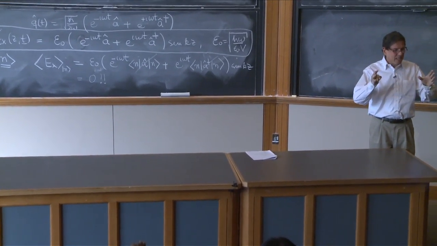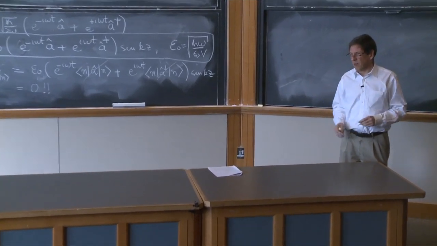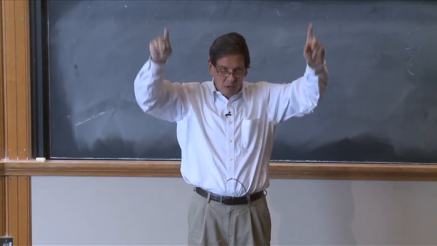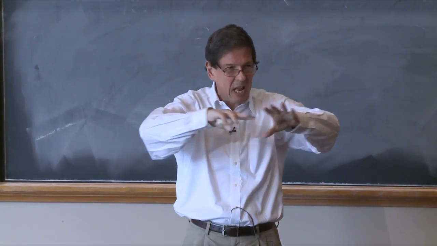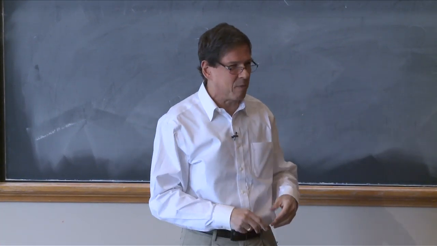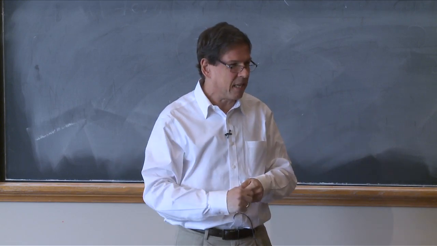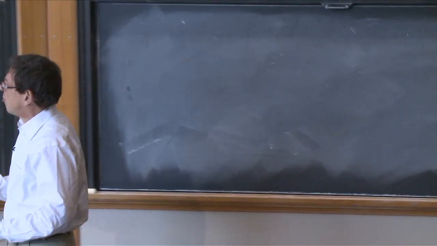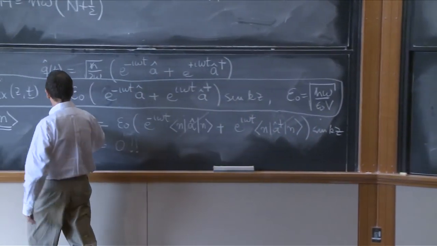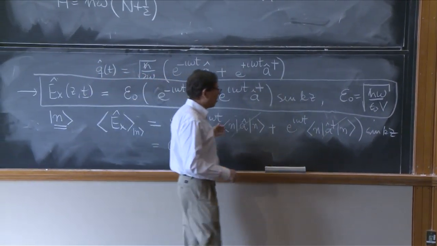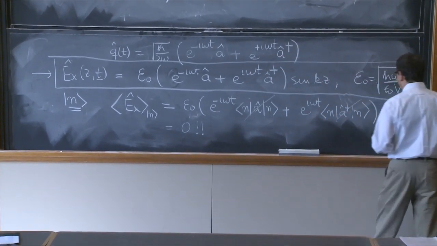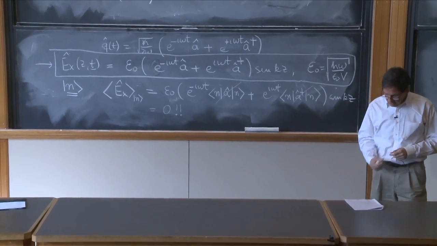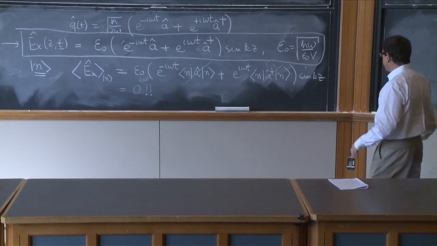Energy eigenstates are very unintuitive. The energy eigenstate of a harmonic oscillator, the nth state, is some sort of wave that is like that. Nothing changes in time in that wave. Nothing all that interesting happens. So the fact that this electromagnetic field operator has 0 expectation value on this n photon state is maybe not too surprising. So let's take a more